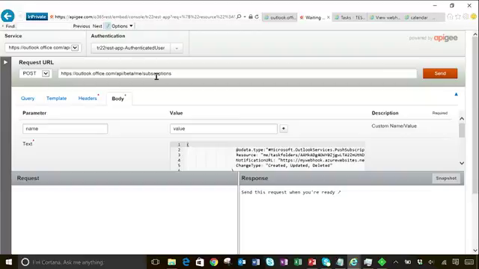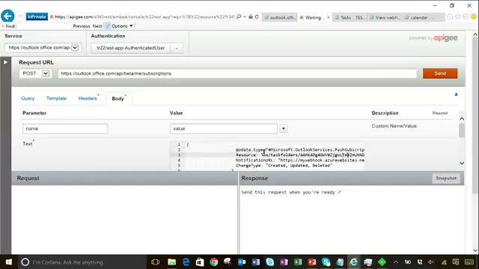For notification, the app needs to create a subscription telling Exchange on which entity it wants to be notified, where it wants the notification to be sent, and on what type of changes it wants to be notified. I have already created a listening endpoint, and I am going to create a subscription to send notifications to that particular endpoint. To create a subscription, you need to go to me/subscription, and in the body you need to specify